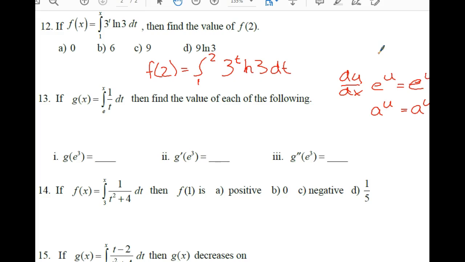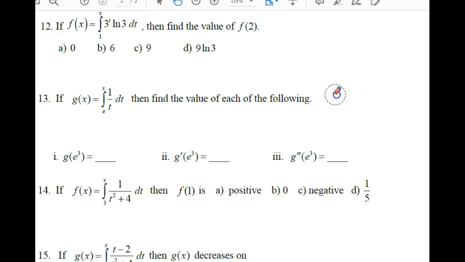So what I want you to do for tonight is the odds on my typed handouts. There's one that says 5-3, and then there's one that says 5-4. Do the odds on both of those. Not all, just the odds. Because what that will do is give you an idea of both types of